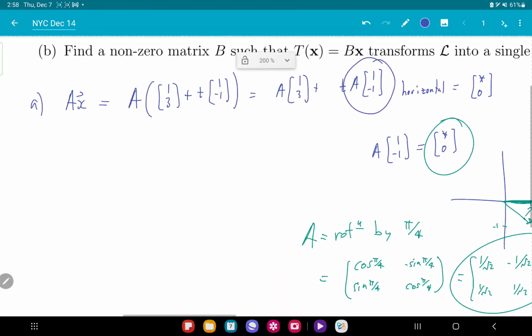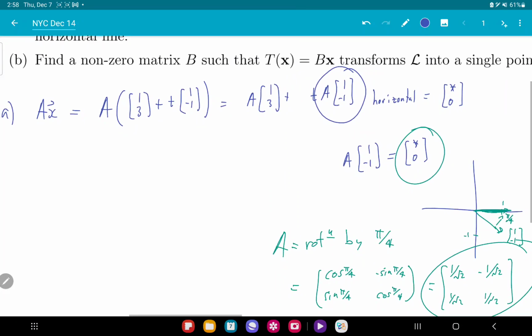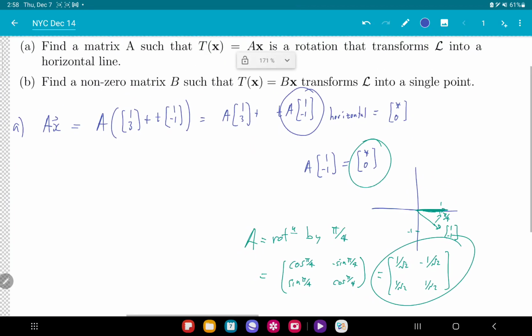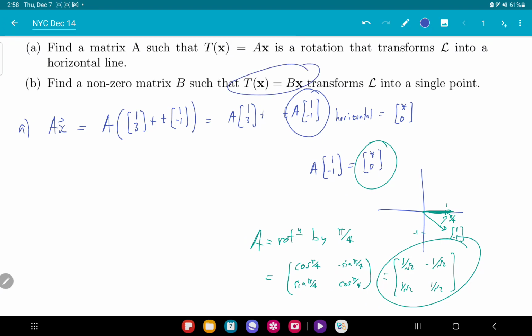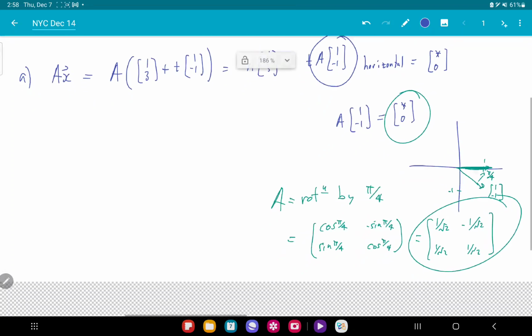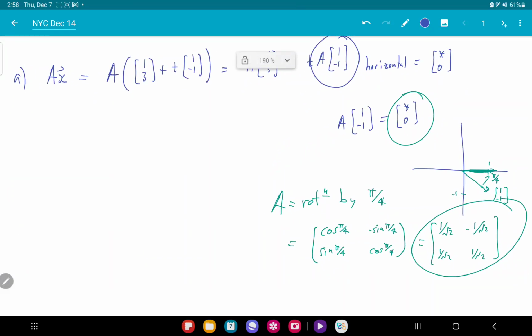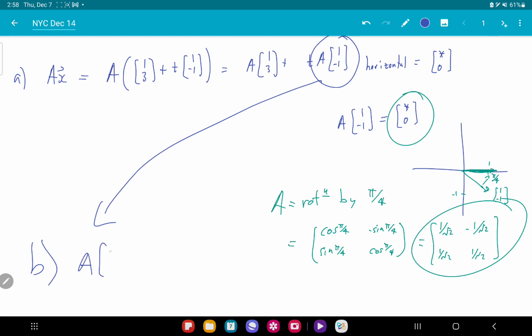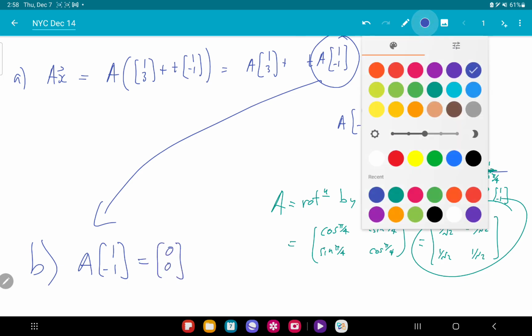Now in part B, what do I want? I want to find a non-zero matrix B such that T of X transforms L into a single point. So here, let's take this guy again, B. I want B times 1, negative 1 to be the 0 vector this time. Because as I mentioned before,